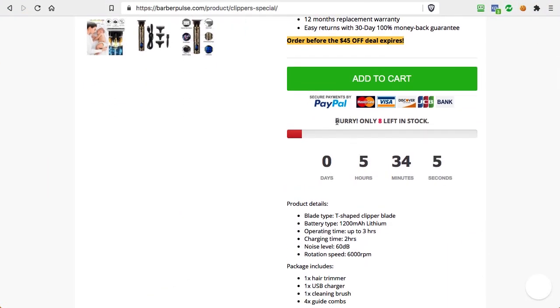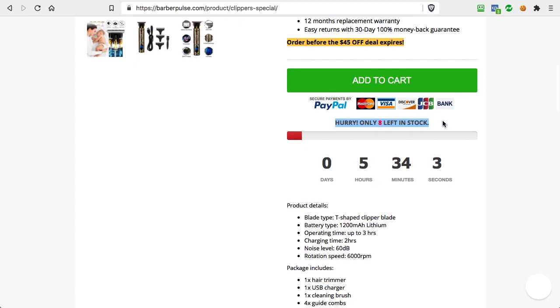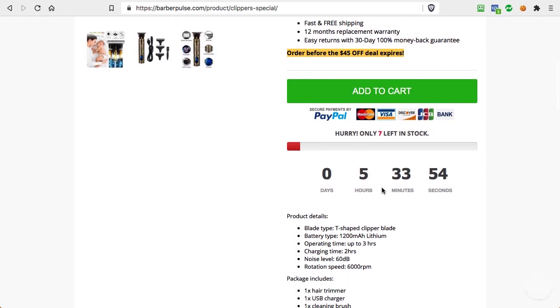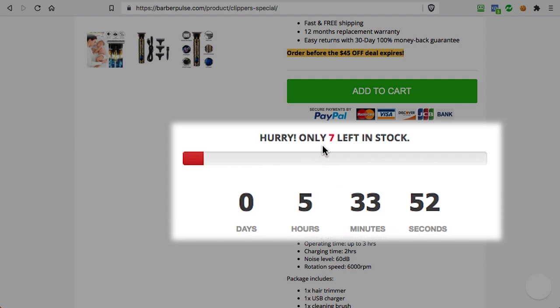Let's take a look at the timers, progress bars, and I'll show you one more thing that can make a dramatic difference to your results with your product pages right away. Now here on the product page, as you can see, we have this message here, "Hurry, only 8 left in stock." And we have the timer, which shows when this particular special promotion expires. And these elements are proven to increase conversions every single time.